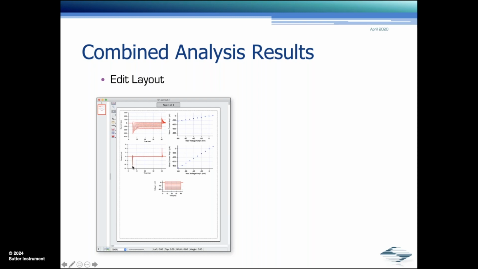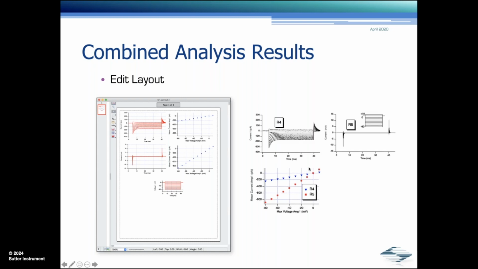In this case here I had the capacitance compensation disabled. That gives me much greater capacitive transients, and that's what I measure in this model cell IV. In essence, I make the step voltage a little smaller, but you can also get as fancy as you like with editing these Igor graphs. This is in essence just by right click, show this graph, and then edit it. This is something that I edited in Igor itself, and that could be used for the publication already. Maybe without the shadow, some copy editors wouldn't like the shadow or some of that fancy stuff.